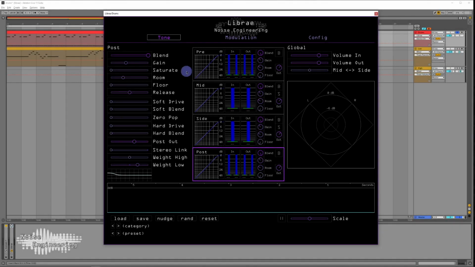Librae has 4 independent dynamics processors. Pre and post are the first and last steps in the signal chain, and they are stereo processors that work on the whole input signal. Mid and side are the second and third steps in the chain and process only a portion of the signal. We'll go in-depth on mid-side processing in a bit, but to get started, let's bypass pre, mid, and side and